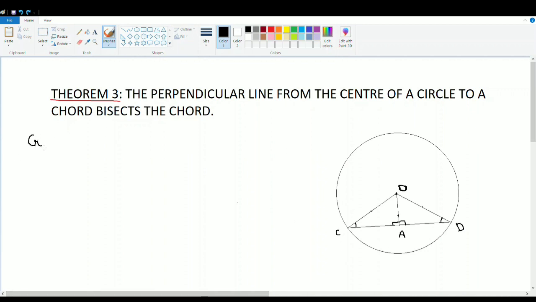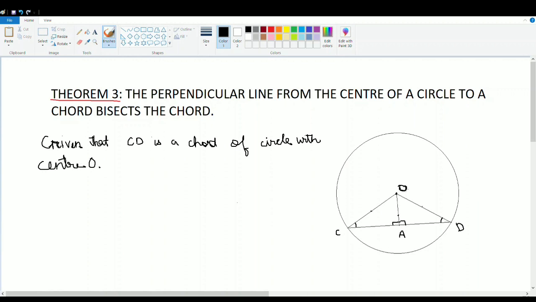Given that CD is a chord of a circle with center O. So we have drawn OA perpendicular to CD. What we need to prove is AC is equal